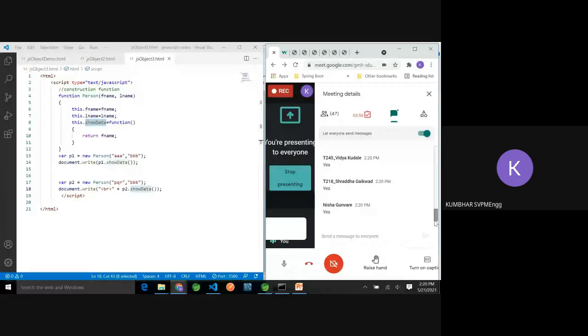In that they have given the syllabus, and if you remember, at that time also I mentioned that Zento is very promptly using object oriented concepts in PHP. Similarly, in JavaScript also they are expecting object oriented concepts. So you must start thinking about your project which you are doing for this lab.